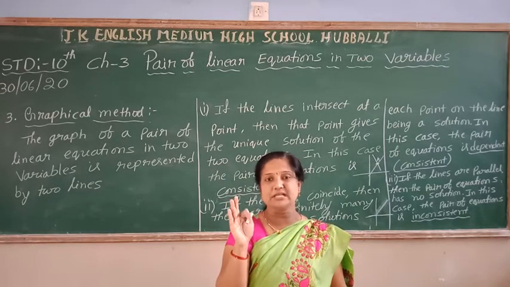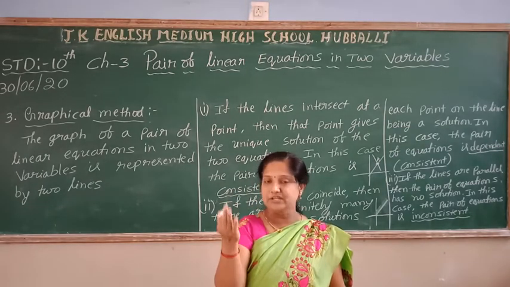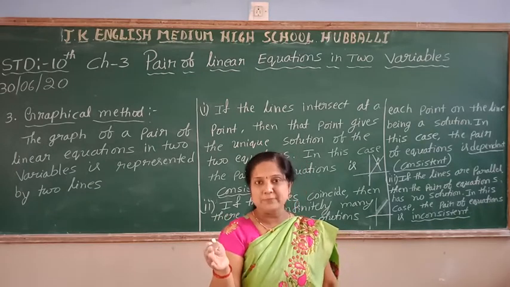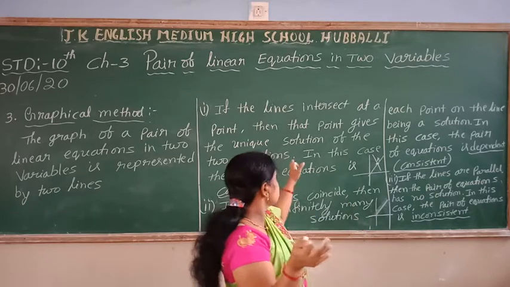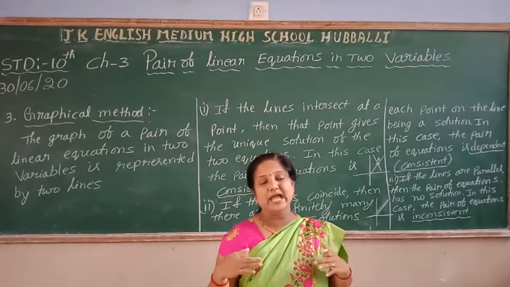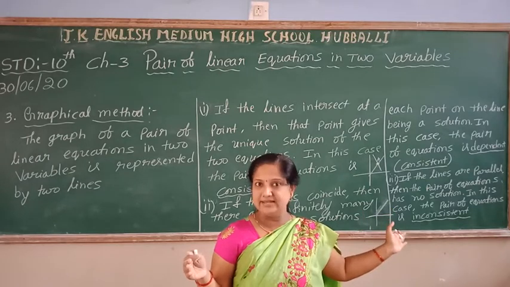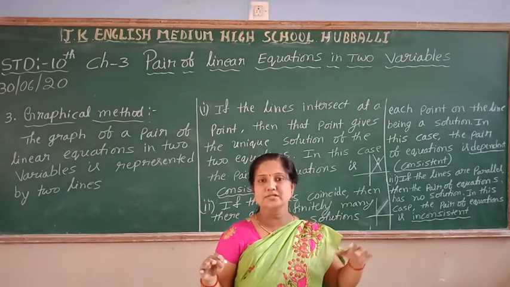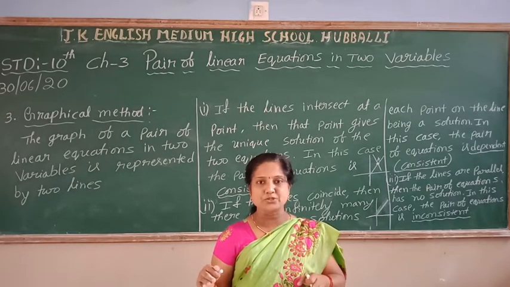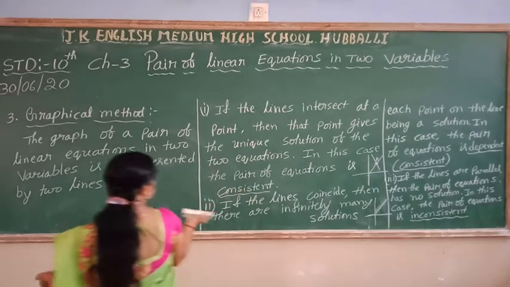The pair of equations will have a unique solution. There is only one solution for both the variables. For both the equations, the same answer, the same solution for x and y. That type of equations we say are consistent equations. And if the two lines coincide, it will have many solutions, so we say consistent and dependent. And if two lines are parallel, then there is no solution and it is inconsistent. The pair of linear equations is inconsistent. So copy down this much. Third point, copy down.